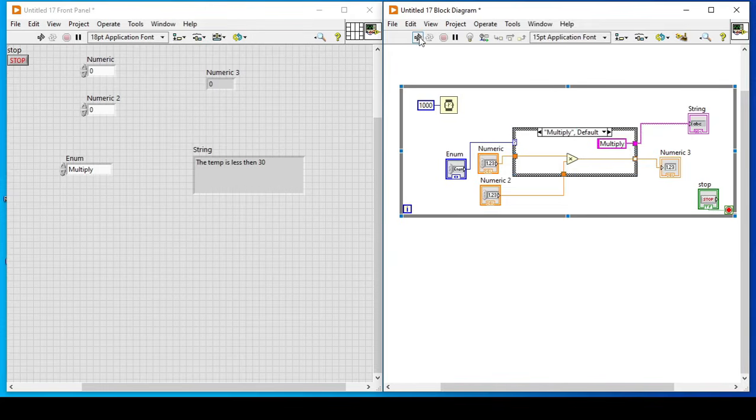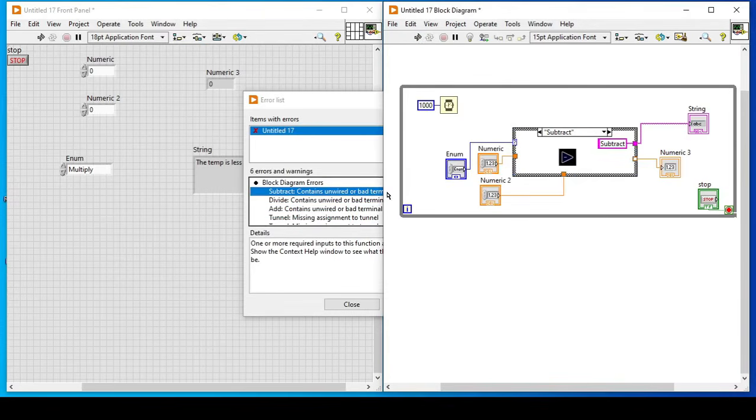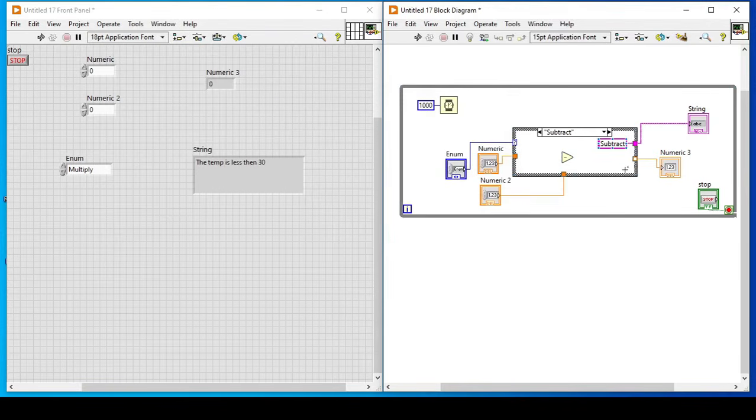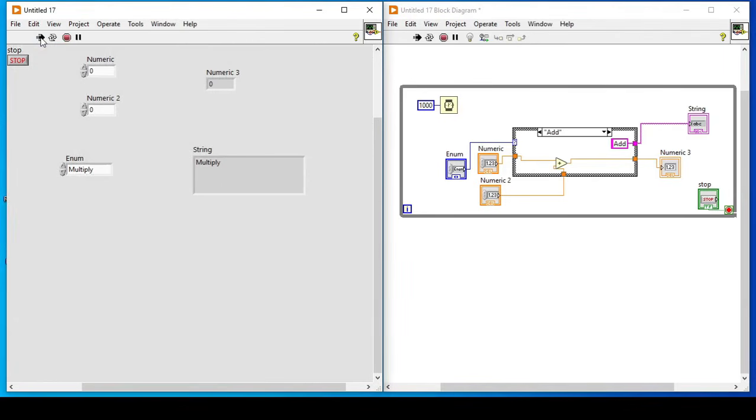We are saying one thing: the subtract function contains the bad terminal, as our case structure contains empty cases. Empty cases means we have an empty output that we need to fulfill. So here is the divide function, and then in the end the last one is our addition, and now it will allow me to run the program. If I run my program, it is saying that